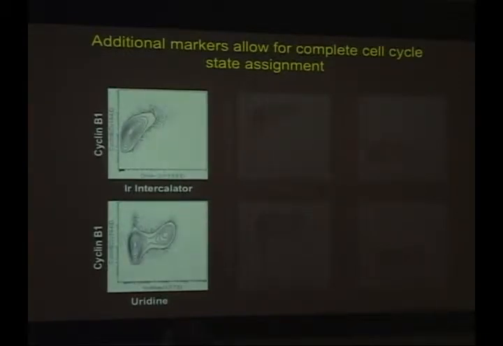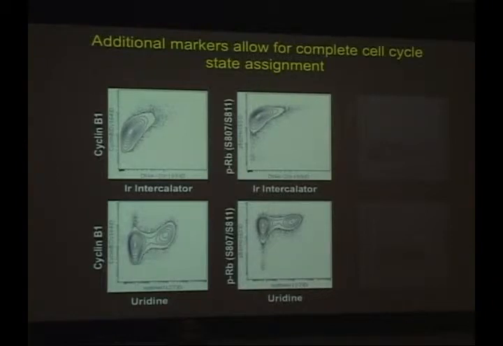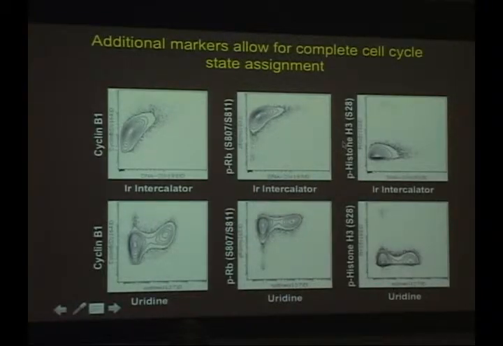And the ones that we found most useful were cyclin B1, phosphorylated RB. Now this is a slightly different epitope than the 788 that most people are familiar with. This is 807, 811, that in a Cell paper from about 5 or 6 years ago was shown to correlate with the G0, G1 transition. And then phosphorylated histone H3, here we're using the S28. S10 also works. And this is a well-established marker of M-phase cells, and it's quite bright on those cells that